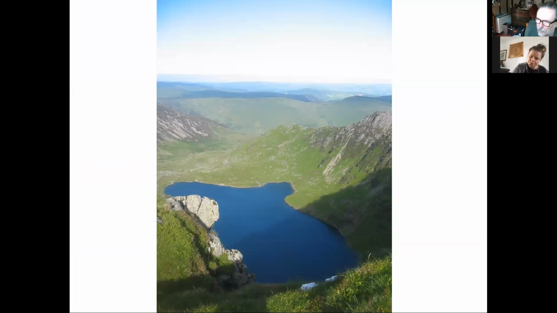This is the view of Llyn Cau, looking down from the top of Cadair Idris. It's a few years since I went up there. It was a really beautiful day. So, succession. The landscape, nature, left to its own devices, will build a forest. Where's the forest? I'm looking across the whole of the Welsh landscape here. I don't see a single forest. Where are the trees? Where have they gone?